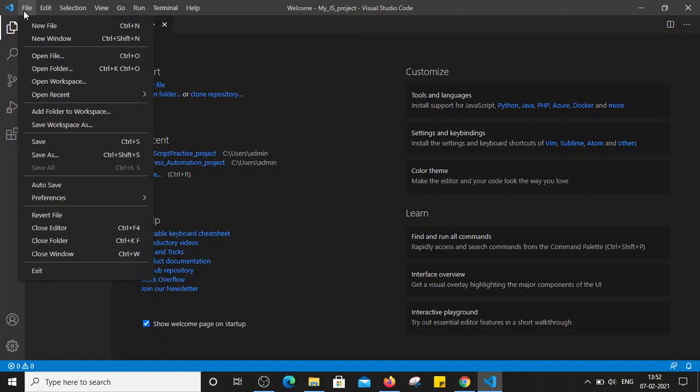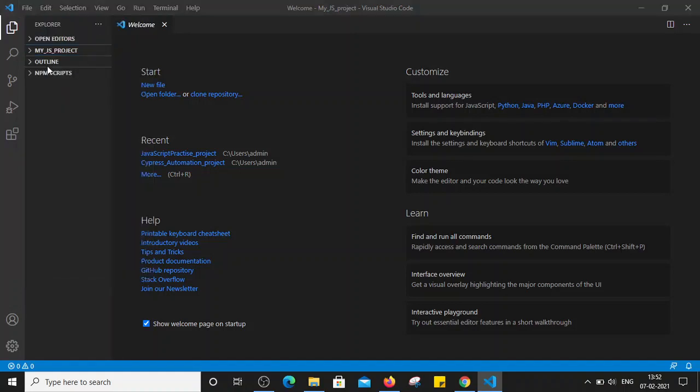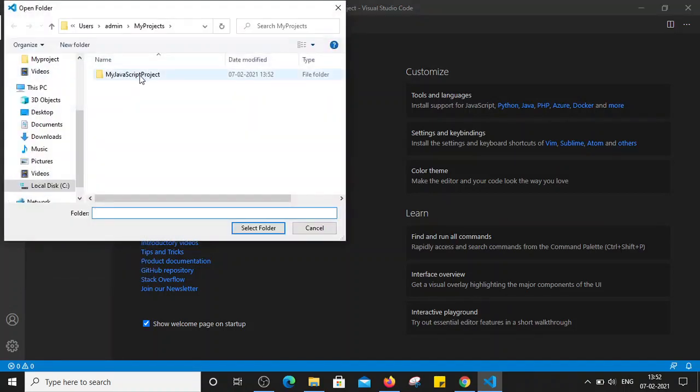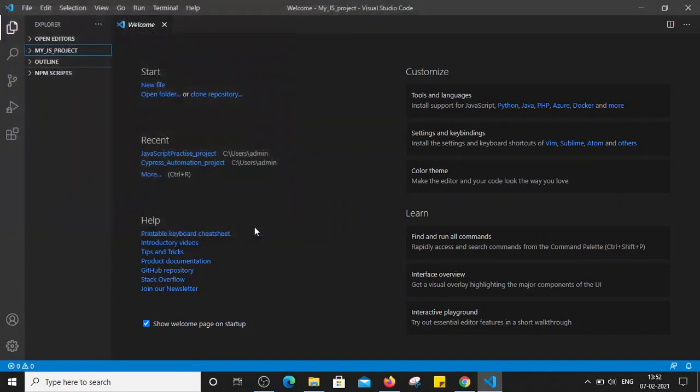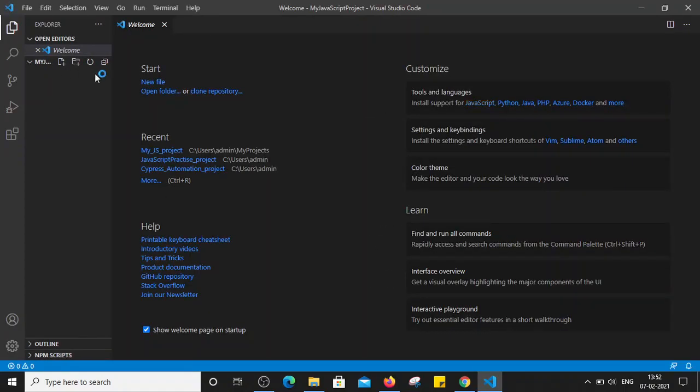Just click on file, open folder, select the project folder which we have just created and click on select folder. It is now loading the folder. You can see my JavaScript project which we have just imported in this panel. Along with that, we can see some options as well, for example new file and new folder.